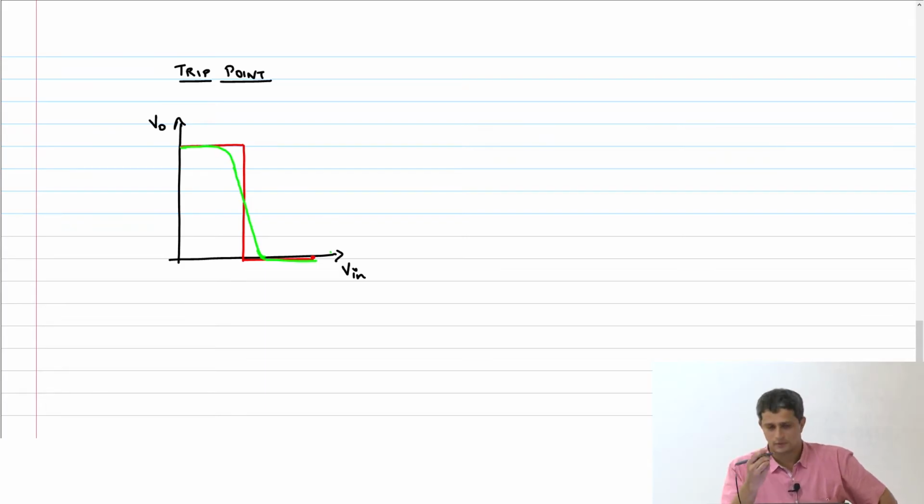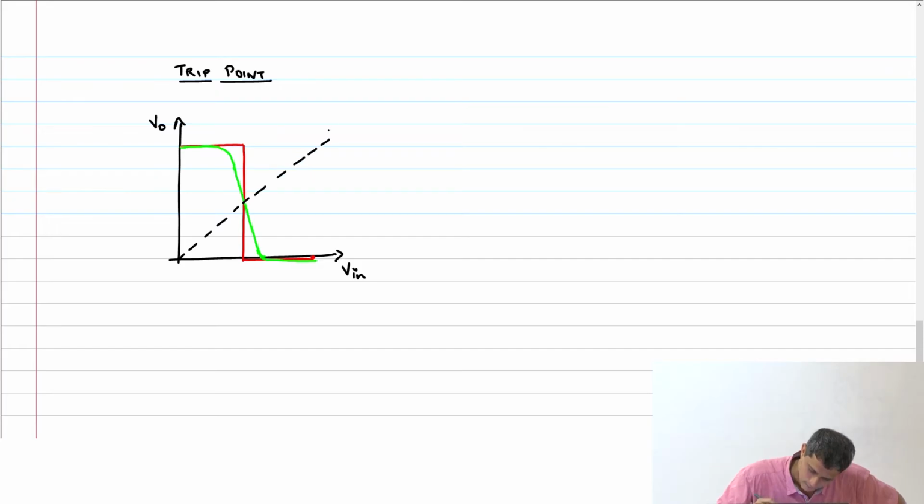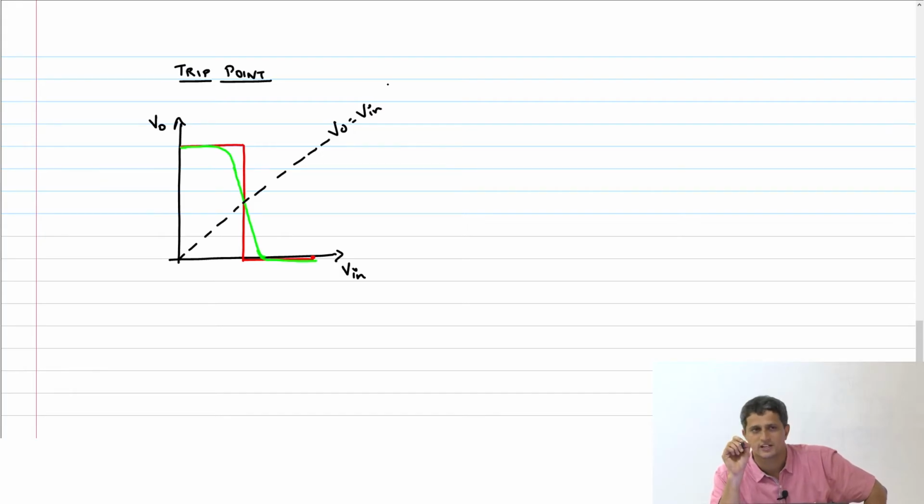So it's quite reasonable to assume that if this transition region is quite sharp, then if I just plot the V out equal to V in curve, the point at which it intersects my voltage transfer characteristic, I can define to be my trip point. Ideally, if the characteristics were perfect, at that point the inverter should have tripped, right? So the point at which V out is equal to V in is what we define as the trip point